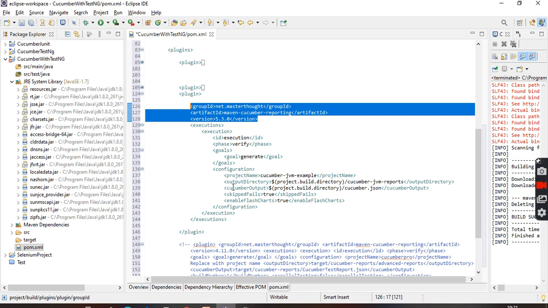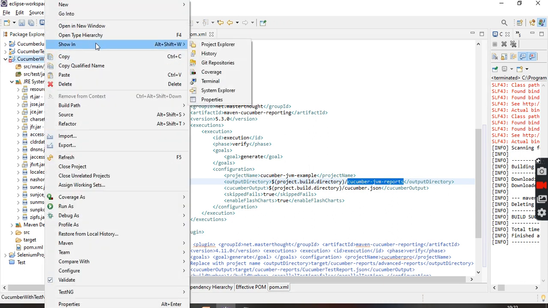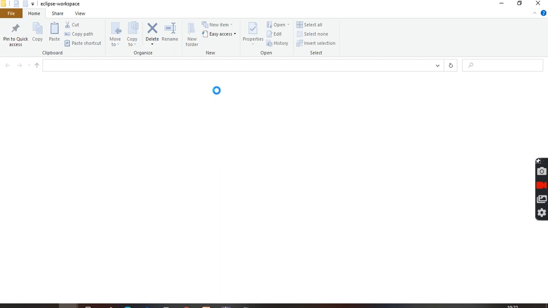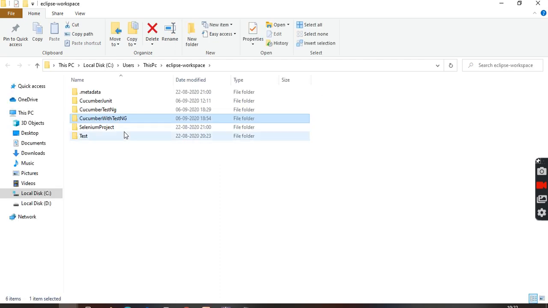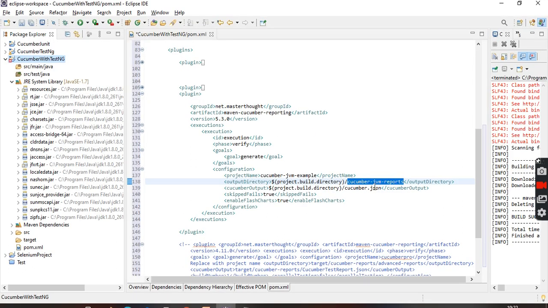This will run this particular Cucumber test suite, and it will create the Cucumber JVM reports under this project directory. What is the project directory? You just go here, here in this level it will be creating. Okay, in this folder, this is the project directory, that is where they are saying.